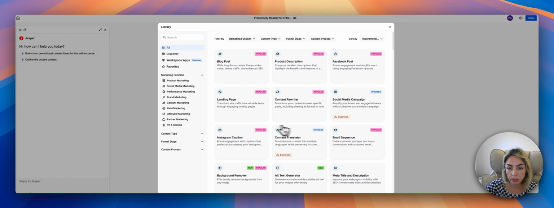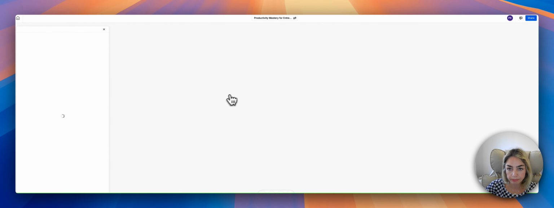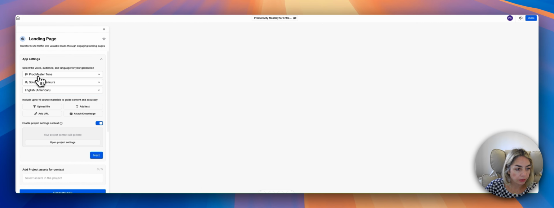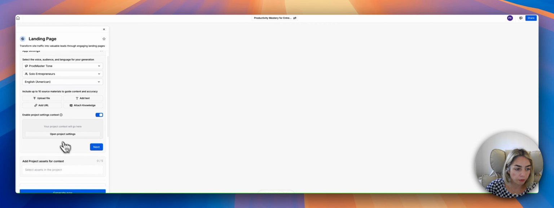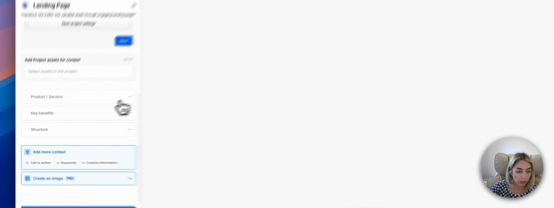You can say browse all and see what are the available apps. Jasper has a landing page template, so I'm going to use this app. So you're setting the brand voice and the audience already set here. If you have more context, you can add more context. I'm not going to for the sake of time, but once you have everything ready, you can identify what